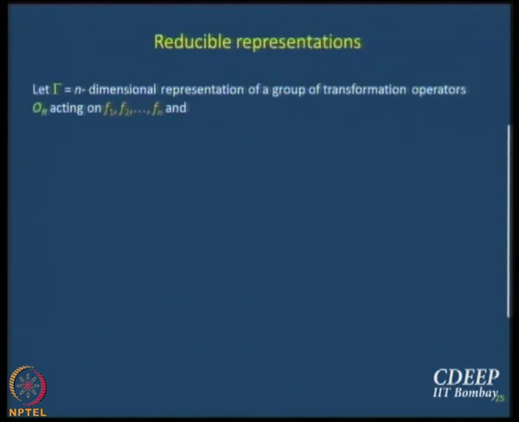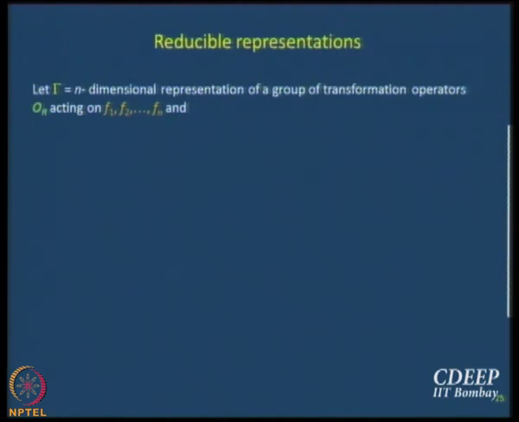So, we close today with a brief discussion of what reducible representations and irreducible representations are. You know this already, but we need to know how to denote this, and that is going to come in handy later on when we go into further discussion. So, this is how we generally denote the representations. Which letter is this? Gamma, capital gamma. So, we denote representations by gamma.